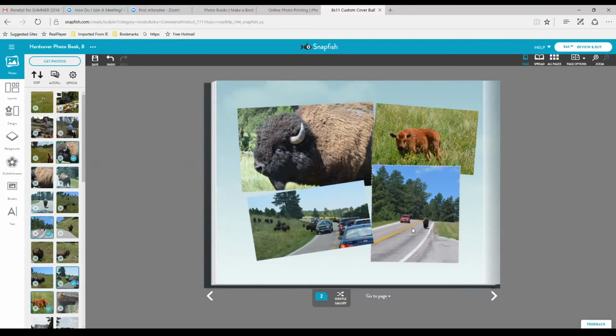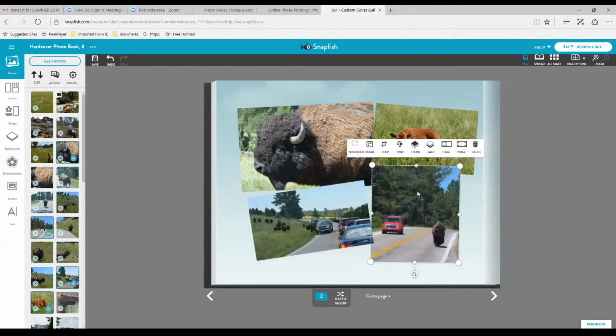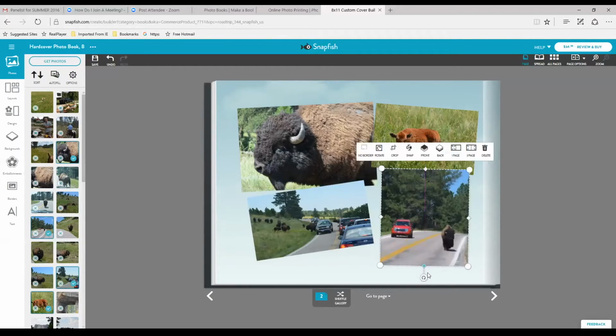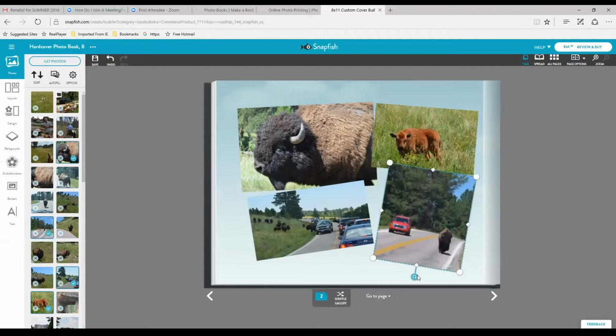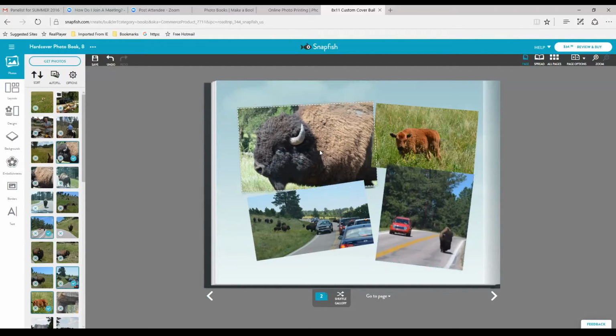This picture of the buffalo on the street with the car, this is actually a state highway, state road. I'm going to zoom in. I think that looks a little bit more pleasing. I'm also going to move it. I just don't like where it is, so I'm going to rotate it. Okay, that's fine. Well, not really. I'm going to move